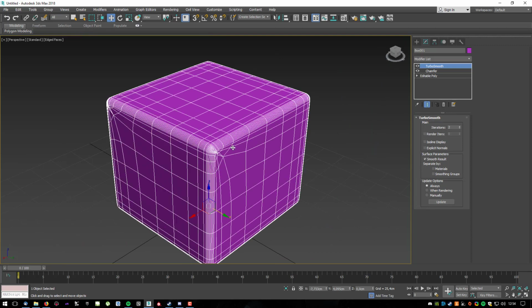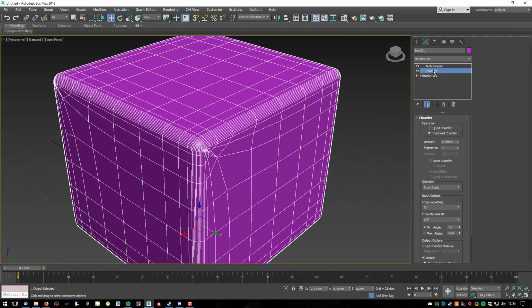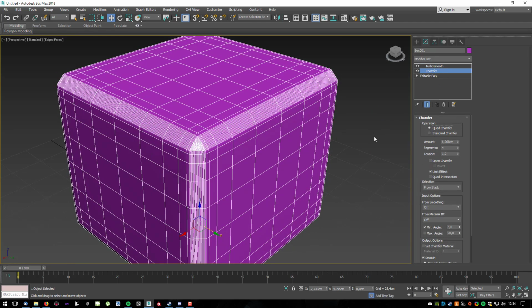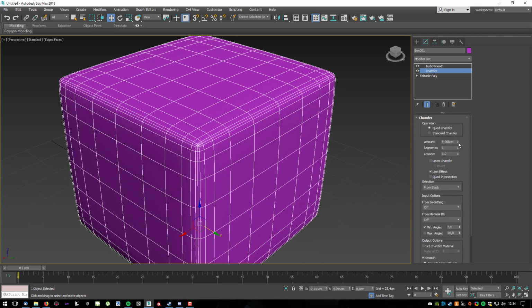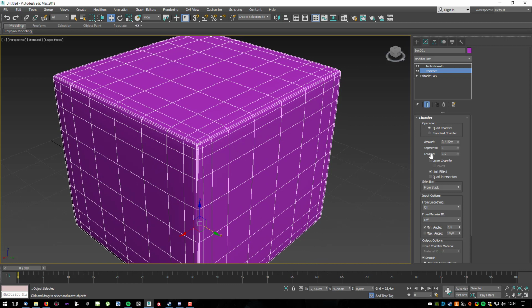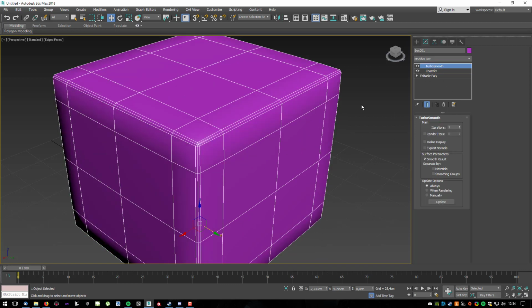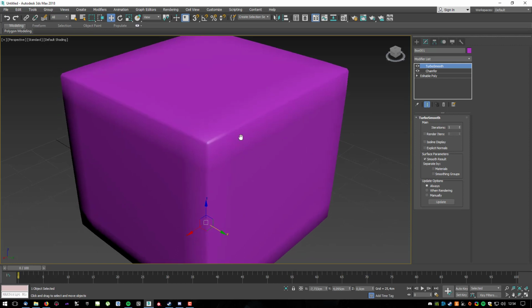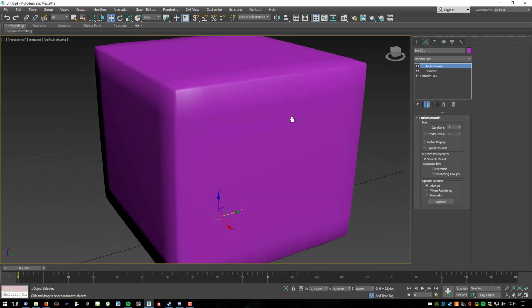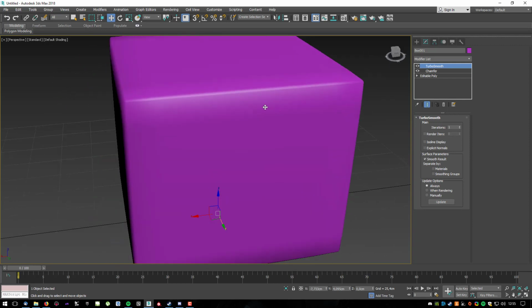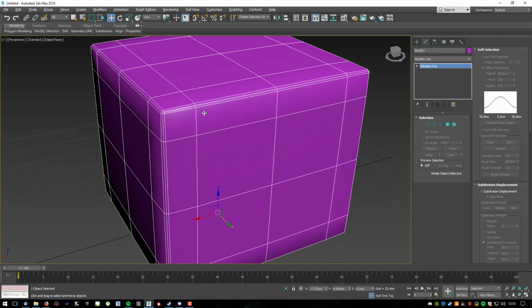You can also of course convert this to editable poly and use it as it is. So you can go back into quad chamfer for example, change the height segments to let's say 1, adjust it a bit, and maybe make turbo smooth only 1, and you could actually use this as a base model if you like. So if we would convert this all to editable poly, then we have this as base model,